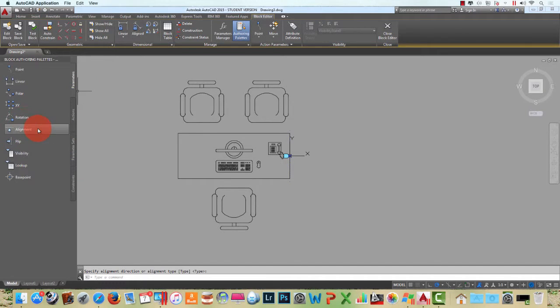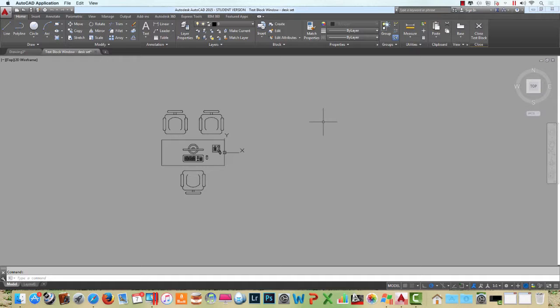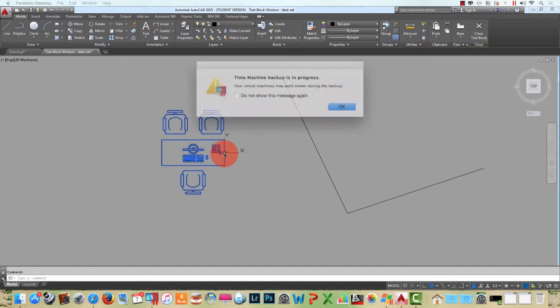Alignment is one of the few parameters that don't require an action. So you basically put in the alignment, and then you can test it out in this environment right here. So I'll click on test block, and what it does is it basically sets up a temporary window space for you. So I'm going to just draw in a couple lines at a couple angles like this, and we'll highlight our block. And notice when I do, we have that little grip here, the alignment grip. So if I pick on that alignment grip,